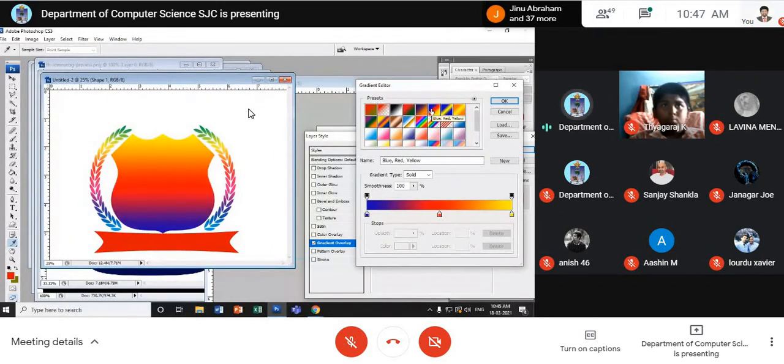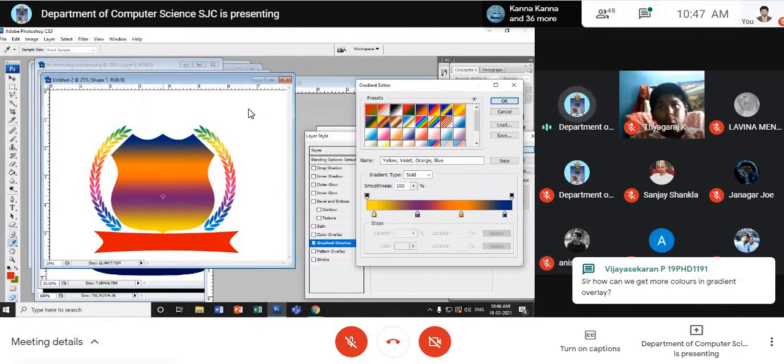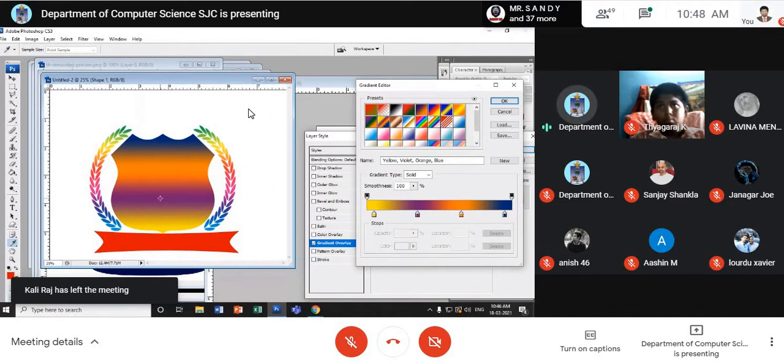Okay, you can make it colorful, but it should be good. Use the aesthetic sense. Don't go for simply colors, it won't be good. So make it meaningful. If you have anything brought inside, that should be brought carefully inside. Maybe your own buildings can be brought, or maybe your structures can be brought, or maybe some uniqueness of the college can be brought, or maybe the uniqueness of the place of the institution may be brought.